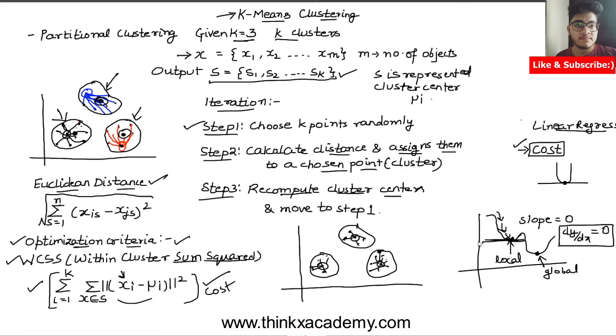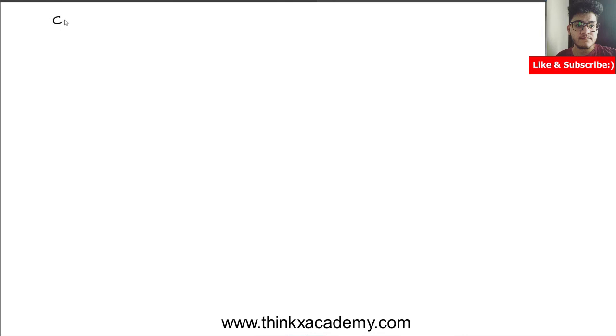So if we calculate this optimization criteria, and if at some step the differentiation of the optimization criteria gets equal to 0, I will say that the k-means clustering algorithm will stop and it will return the clusters, right? So now let me write the convergence criteria,